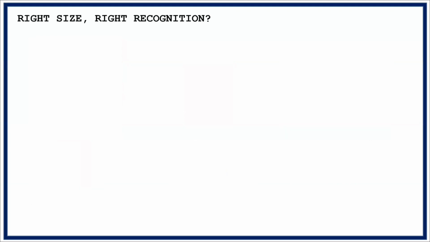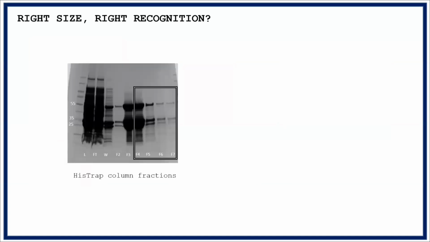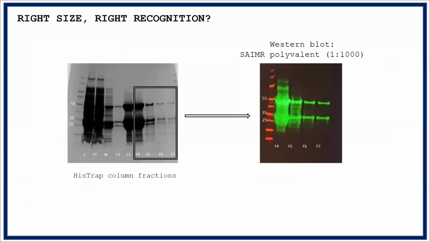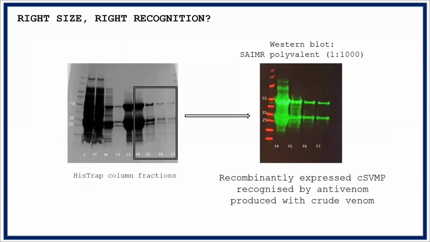Now, although those bands correlated to roughly the right size we were expecting for our consensus, we were yet to know whether it could be recognised as an SVMP. And so what I did was take fractions that I'd shown on the previous slide, and I did a Western blot with a polyvalent antivenom. And as you can see, there's clear recognition of both the pre-processed and the met domain by an antivenom, which gives us confidence that our recombinantly expressed consensus toxin could be recognized by an antivenom that was generated by crude venom. And so we were obviously quite excited by that, as it sort of indicated we were on the right